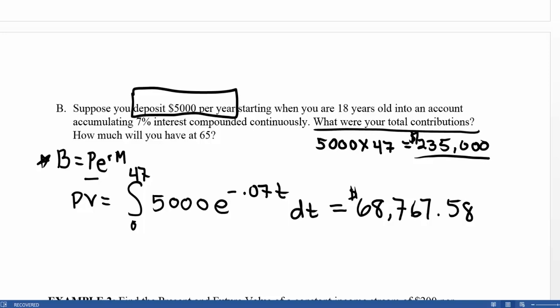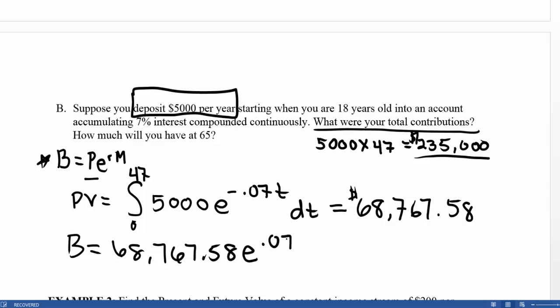We need this equivalent lump sum to be able to use our future value formula. So now that we have that, we can go ahead and calculate our future value by doing $68,767.58 times e to the RT. Remember, our interest rate is 7%, and our M here is 47 years. When we crunch all those numbers, we find out that at the end of our investment, we're going to have